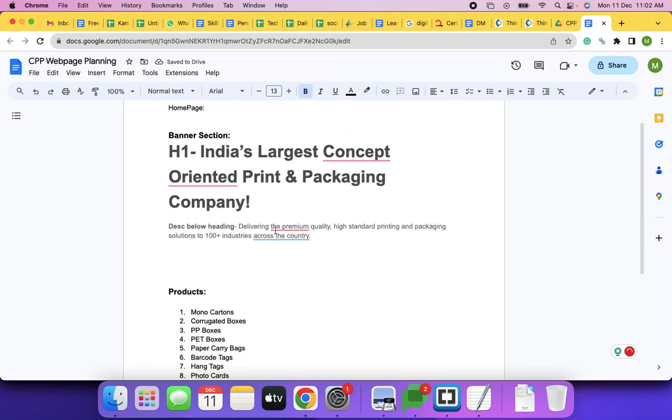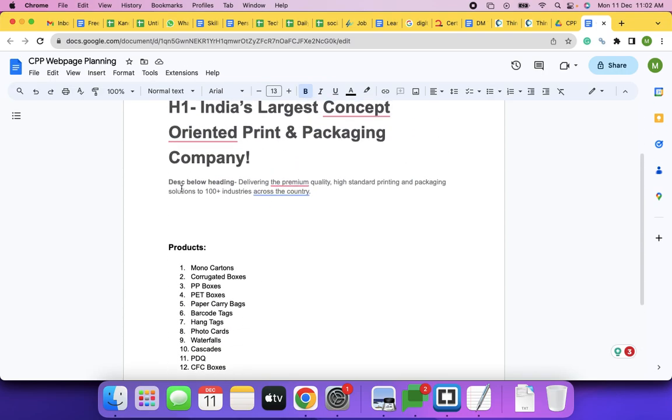So at the top level, they are into Creative Print Pack, CPP. They are into B2B, providing packaging solutions to various industries such as apparel,